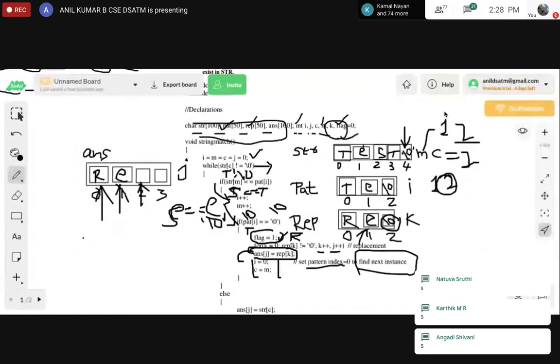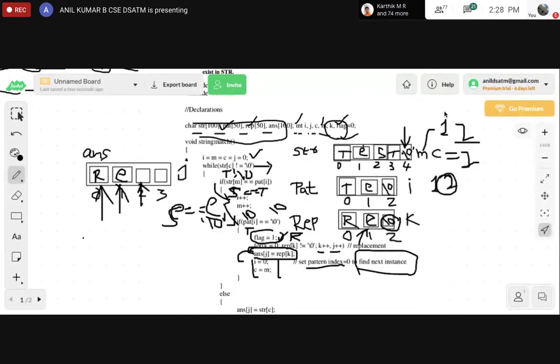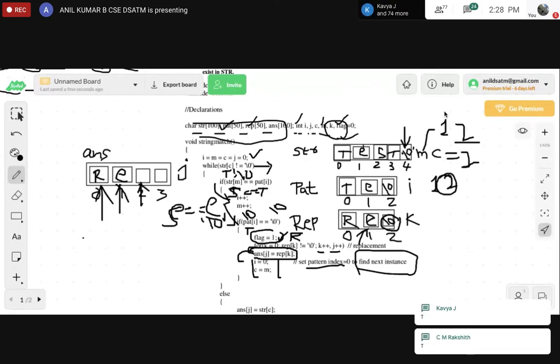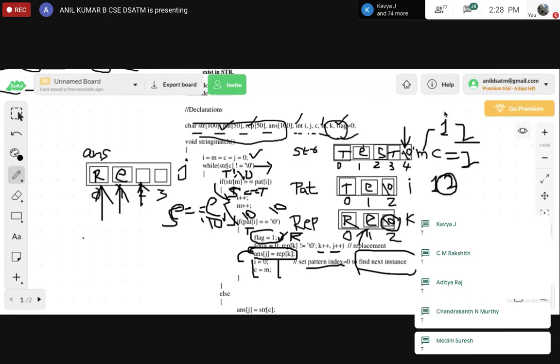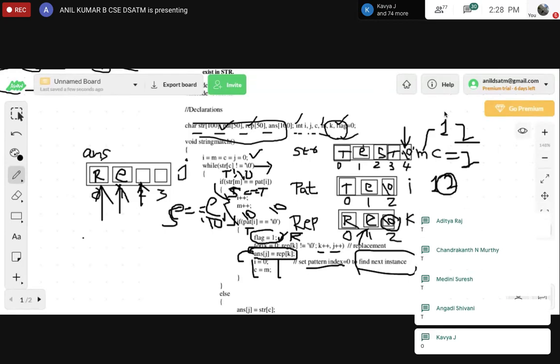Pattern of I. What is that? Index I. Just now what we have made it for I? What is the I value I am asking, not the T. 0. Yes. So pattern of I, that is pattern of 0, is T. So is S equal to T?